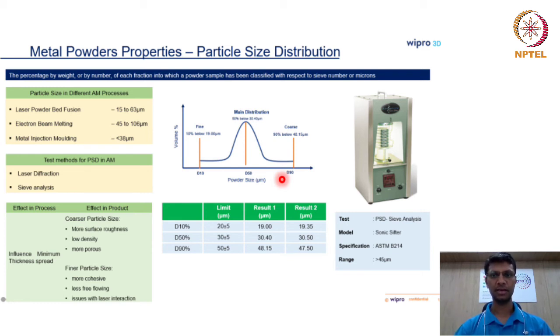If D10 is mentioned as 20 micron, it means only 10% of powder is below 20 micron. And if D50 is mentioned as 30 micron, it means 50% of powder is below 30 micron and 50% of powder is above 30 micron. In the same way, if D90 is mentioned as 50 micron, then only 10% of powder is above the 50 micron. Going to the next slide,